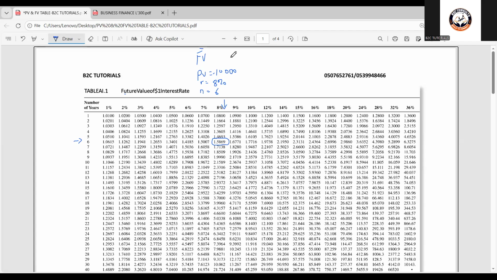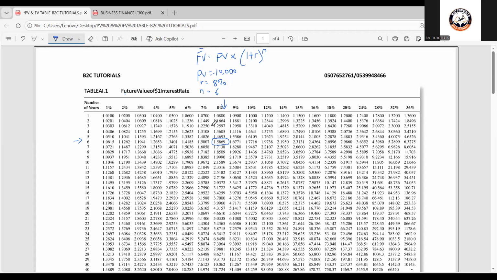So the formula that states that future value is equal to present value multiplying 1 plus r raised to the power n. This 1 plus r raised to the power n is what they've already solved for you. So if you're able to pick this 1.5869, multiply that 1.5869 by the present value of the 10,000, and then you get your answer with respect to